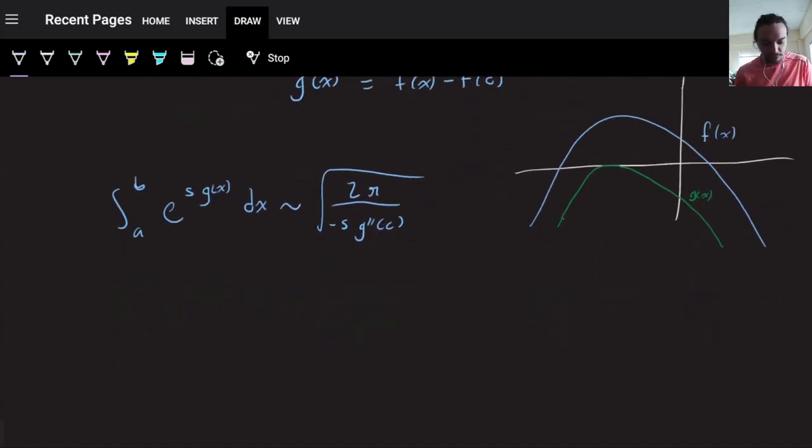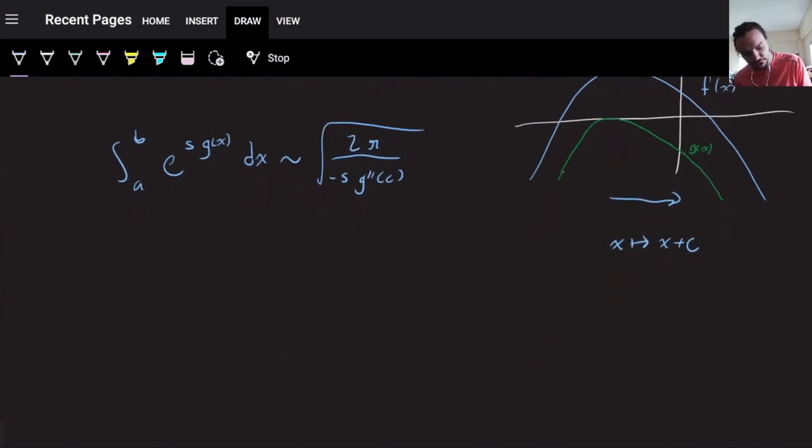Okay. And then the other thing that I can do is I can shift the c to 0. So what I'm going to do is use a shift, x moving to x plus c. Okay. And if I do that, I'm going to get a new function h of x, which is equal to g of x minus c. So that now the max of h happens at,